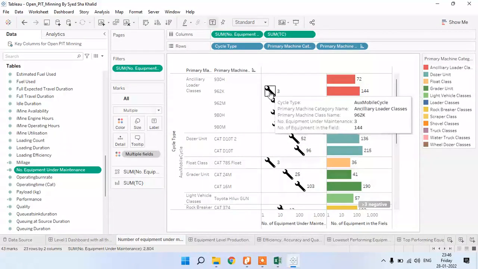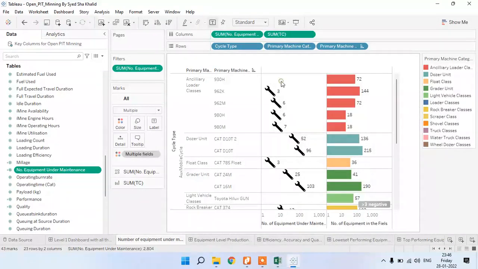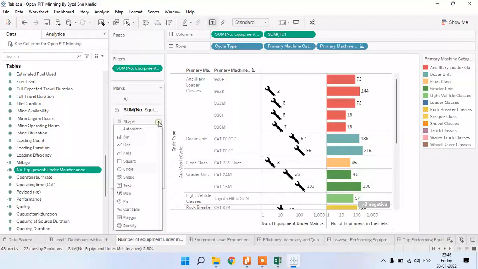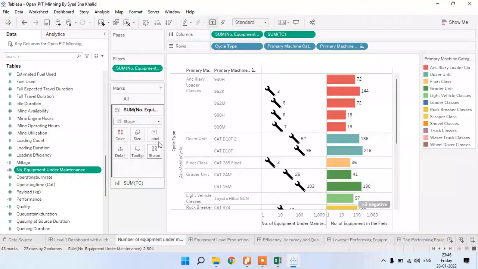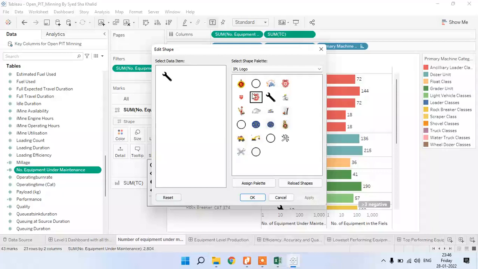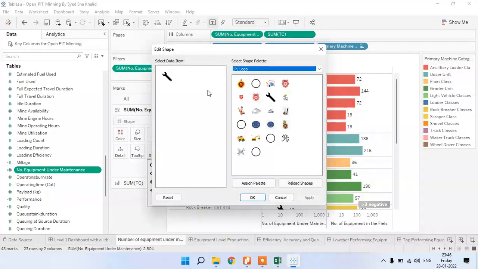Under maintenance I have created as a spanner symbol. How I did this, I will show you. I use the shapes here, and then I went to the shapes and then more shapes. Logos are there which you can select. In the program files, you have to load them first.